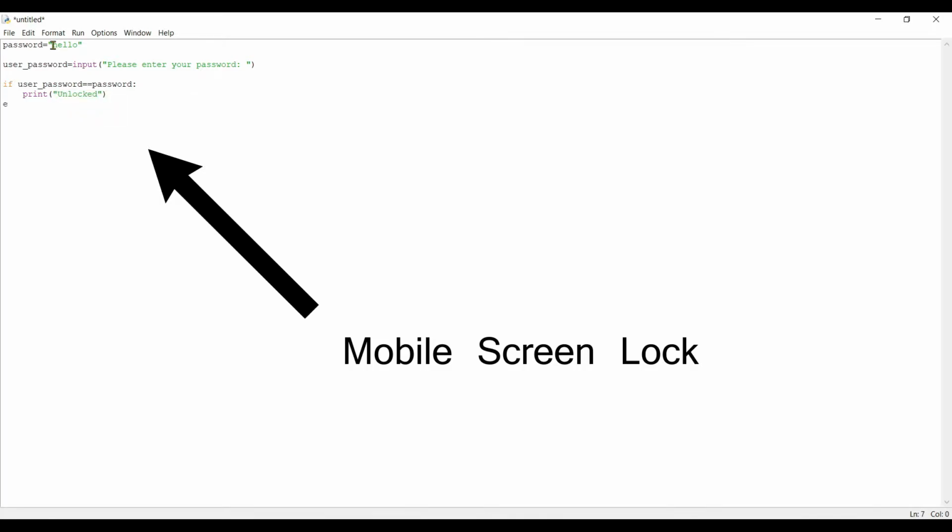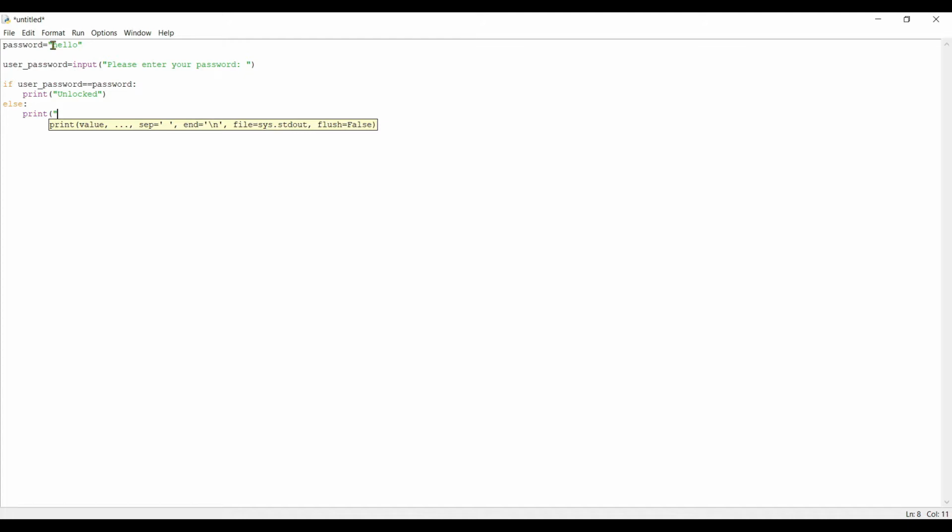Otherwise, if the password is not correct, we want to print please check your password. So this is what we did in the last tutorial. Now let's run it.